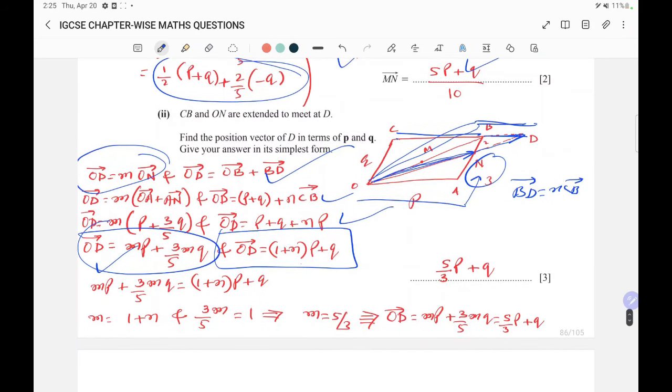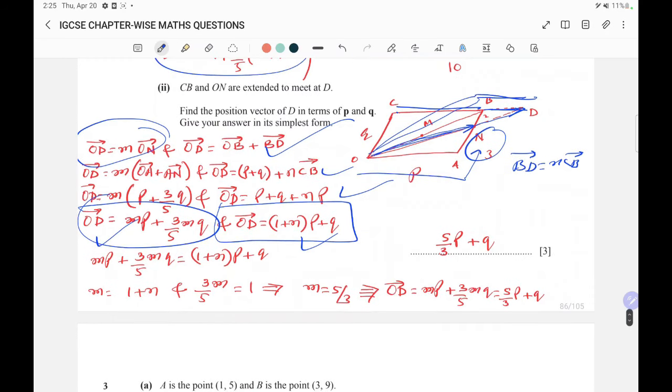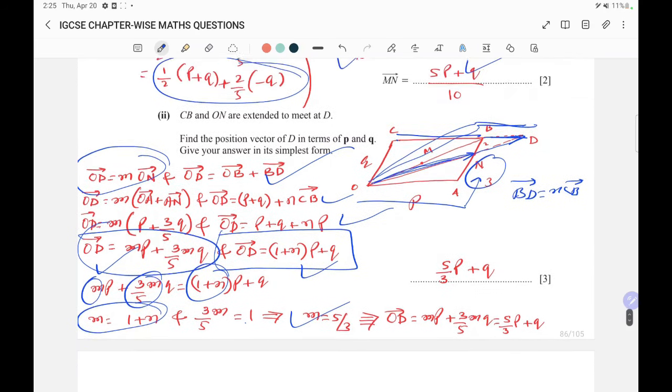Now this is also OD, this is also OD. So just equate these two. MP plus 3 by 5 MQ and (1 plus N)P plus Q. Now P coefficient is M, P coefficient is 1 plus N. So this is one equation. Q coefficient is 3M over 5 and Q coefficient is 1. So just you can solve for M, 5 over 3, and you can find N also, but we need to